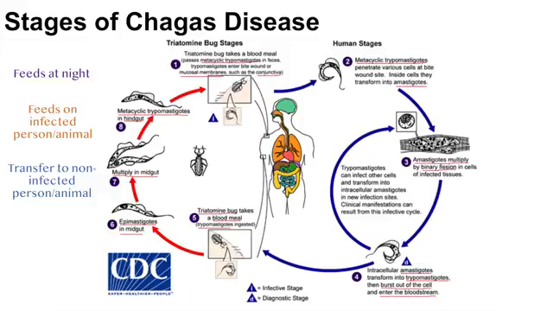Now, with regards to infections in humans, humans can be infected by other means, and one way is through blood transfusion. So you can imagine that if an individual that's giving a blood transfusion has trypanosomes within their blood, they can transfer the trypanosomes from their blood to another person through a blood transfusion or from blood-to-blood contact. Another way for humans to be infected is through oral ingestion of the Trypanosoma cruzi, usually through oral ingestion of fecal material of the triatomine bug.